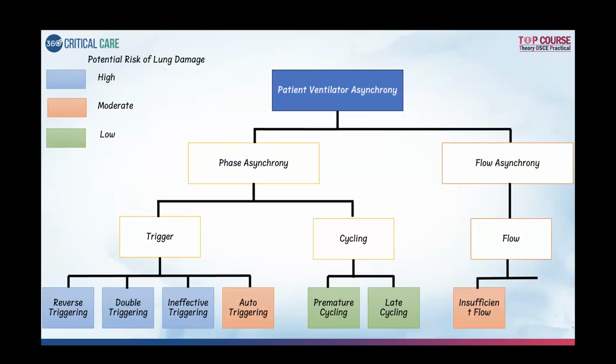Then flow asynchrony: it can be insufficient flow and excessive flow. Again, you will have those scoopings in the flow pattern, which says that the flow is not adequate for the patient. Excessive flow will present with high pressures in the ventilator graphics. But these are the 8 or 9 abnormalities that are usually asked in the exam with a picture or a running video. Make sure that you practice this before going to the exam. Apart from this, there will be no other questions in respiratory